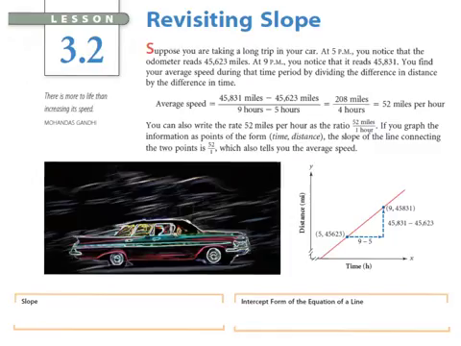At 9 p.m. you notice that it reads 45,831. You find your average speed during that time period by dividing the difference in distance by the difference in time. Notice we can